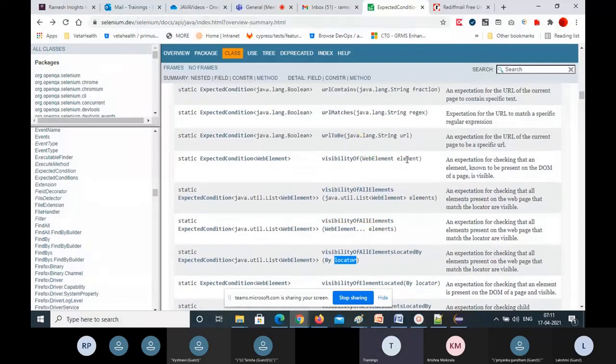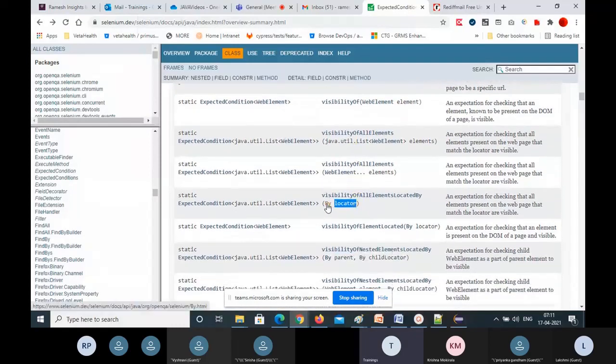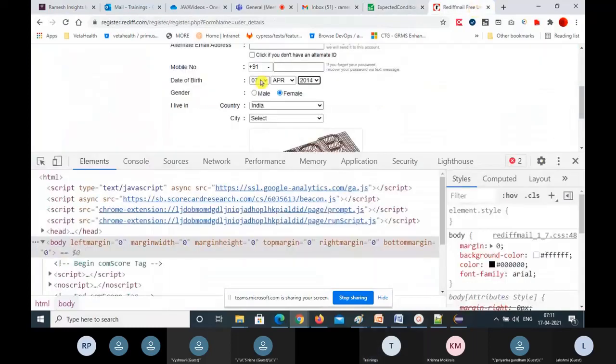Maybe you can identify the drop down and pass the WebElement also. Anything you can do. But mostly, because we are writing one step, use By as the data type and the parameter as a locator, comma, String option. Which option do you want to select from this drop down? Day drop down, month drop down, every drop down is different. That's why you write By.locator value when you call the method. Then it will go to that drop down and whichever option you give, that option will be selected. So that's where I want to see your Java skills.